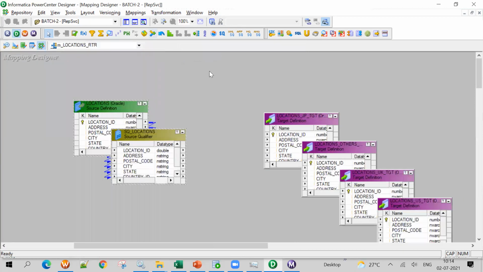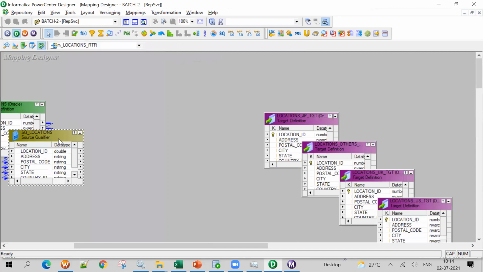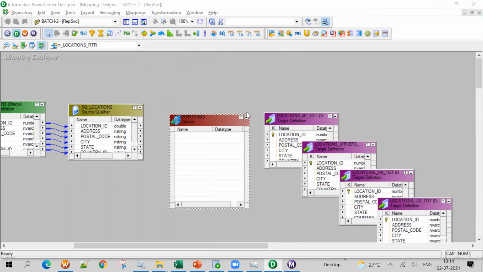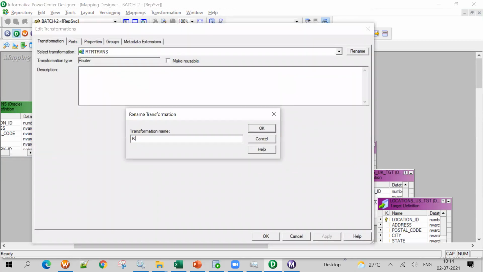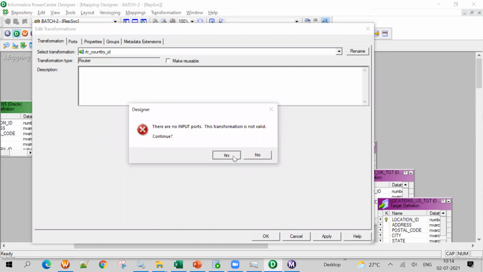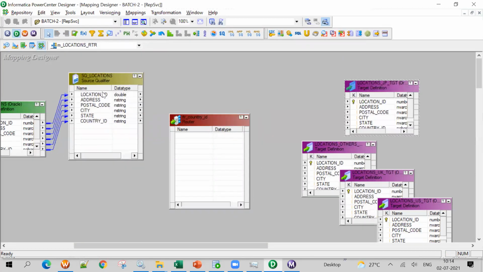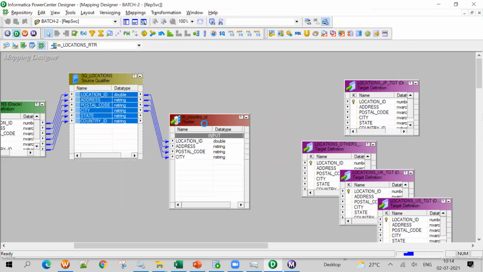Instead of taking multiple filters, if you want to replace them, we have a transformation called router transformation. Take the router, change the router name as RTR_country ID, since we are dealing with country ID. Now I'll send all to here.